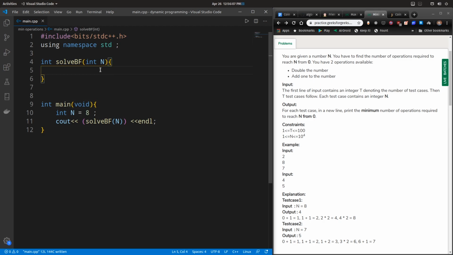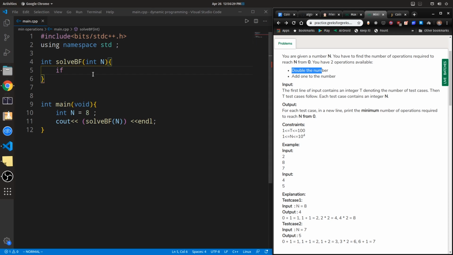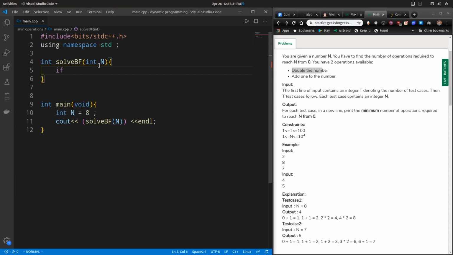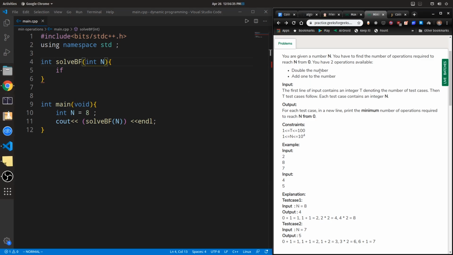Here we have two choices to take. Either we got the number n by doubling the previous number or by adding 1 to the previous number. Okay, so the choice is just about either we got n by doubling or by incrementing it with 1. We are taking a top down approach, so we need to break down the given problem of size n into small sub problems.